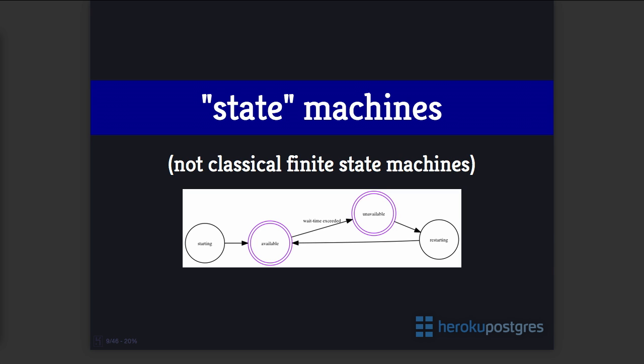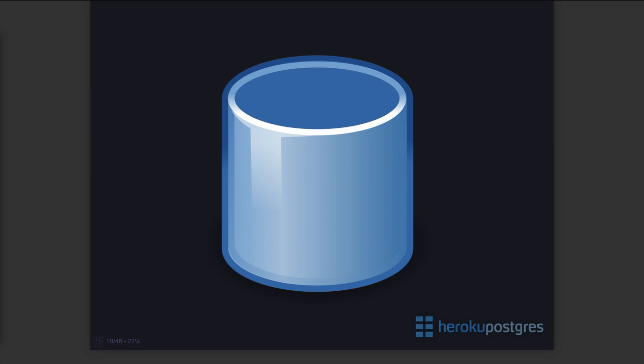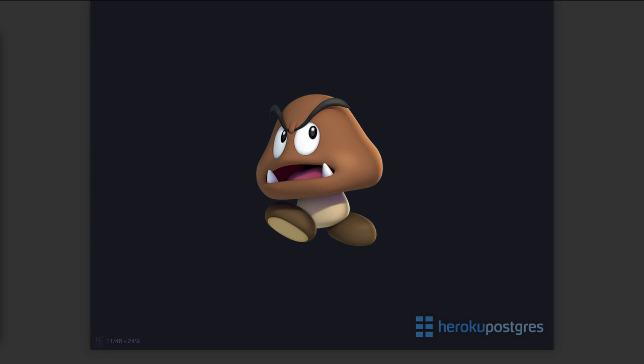So one of the best things that I ever stole, and I can't really claim any credit for genius in finding this, it was just fortunate luck, was we had this insight that if we could make our databases behave kind of like Mario characters, that maybe we could get something done here. And what I mean by that is that